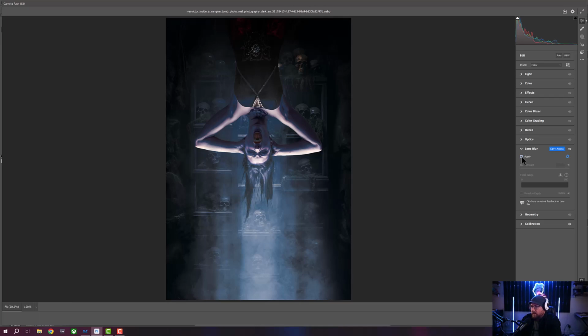analyzes the background and separates the person from the subject in front to the background, and you get this. And this is amazing. This does a really good job of blurring the background. Now if you're using like a f 1.4 or something like that, you might get something that looks like this. I don't want to go that far, so I want to try to keep things natural looking as much as possible. And she's not,